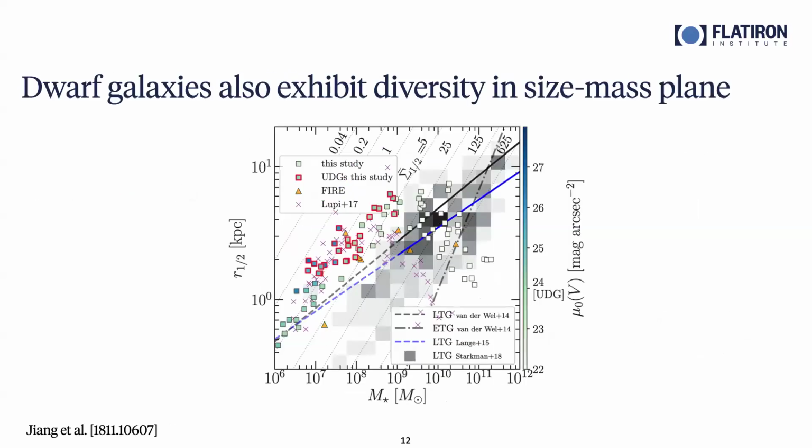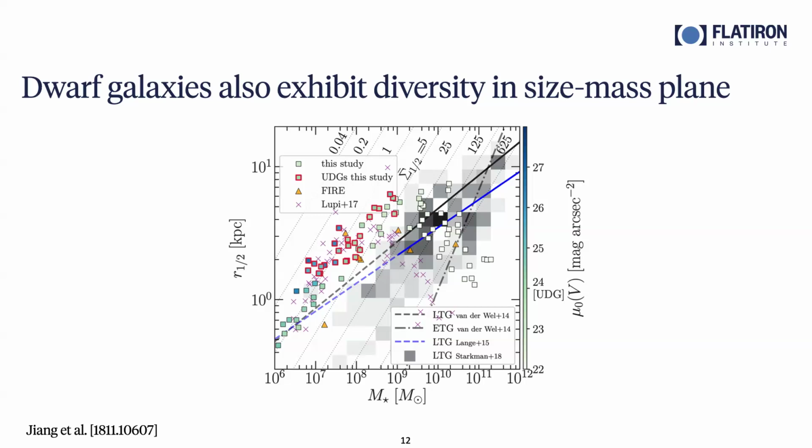Okay, so I want to say one other thing about dwarf galaxies, which I think is important from an observational perspective and will play into this problem. If you look at observed dwarfs, they also have diversity in their size, so their half-light radius, as a function of their stellar mass. In particular, you should see, at a given stellar mass, at or below 10 to the 9 solar masses,